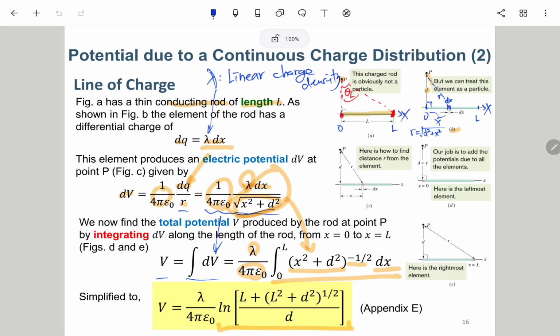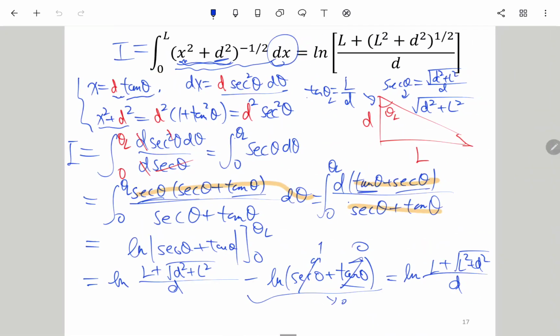So that's why it is like that. Okay, so maybe we